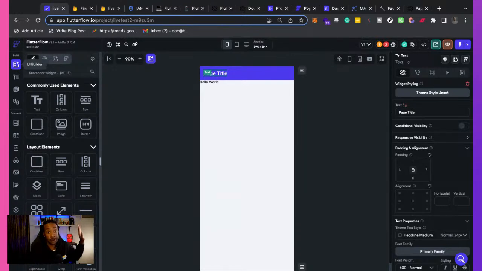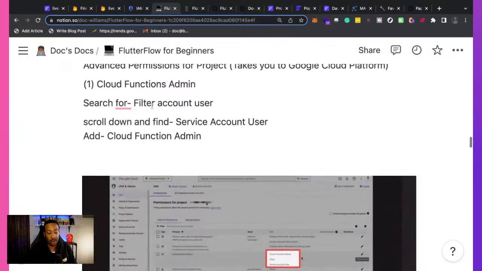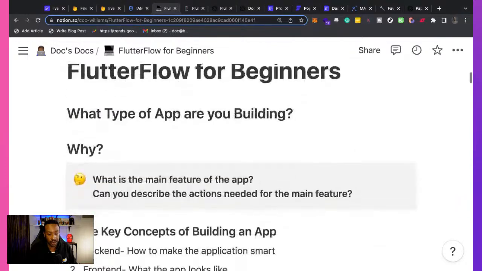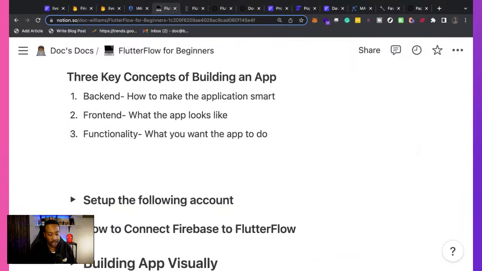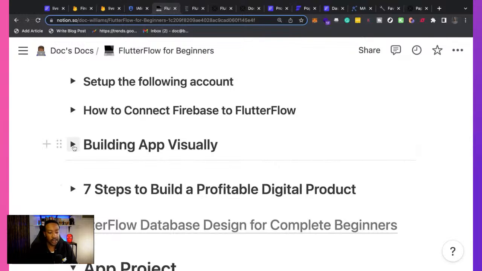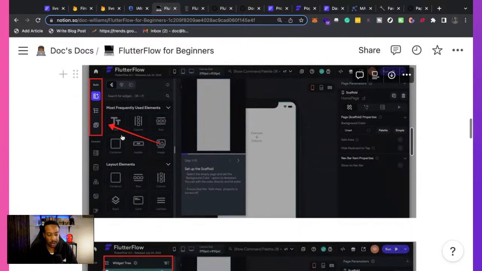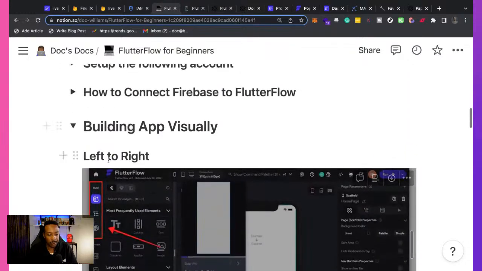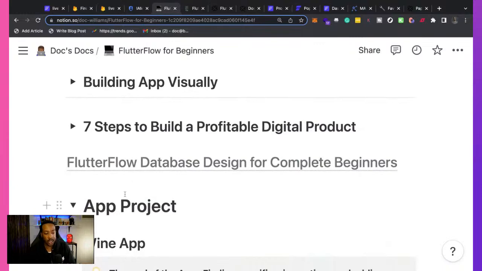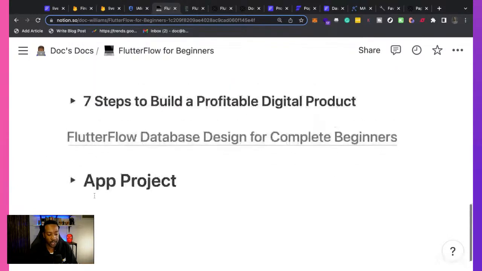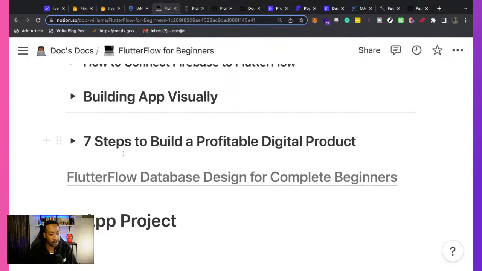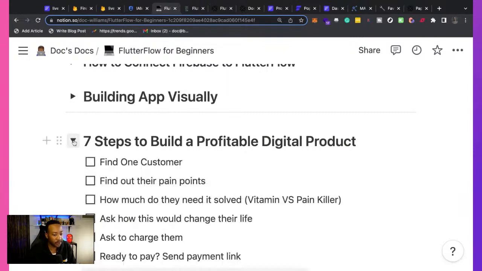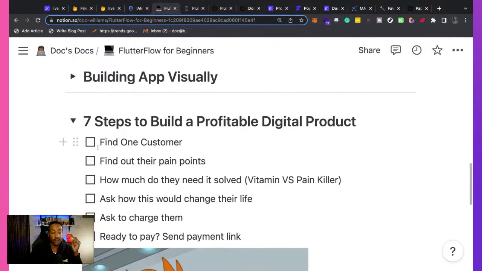Now that we've seen the basics of this, it's important to go back to thinking about yourself and where you want to be, right? So we're going to go from how we set up Firebase. We talked about building visually. We looked left to right. We looked at how you format everything. But now we're going to do a small detour before we look at the app project to go in deeper to think about for yourself, why are you doing this again, right? And this is important because we're going to touch upon the 7 steps to make a profitable digital product,